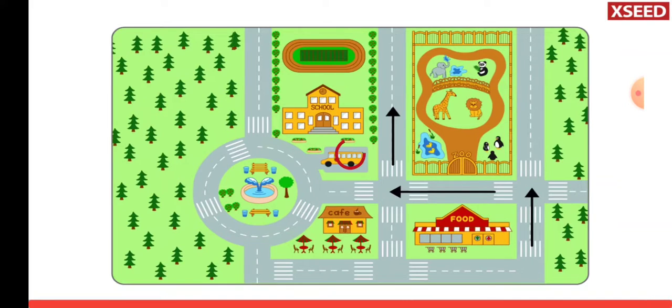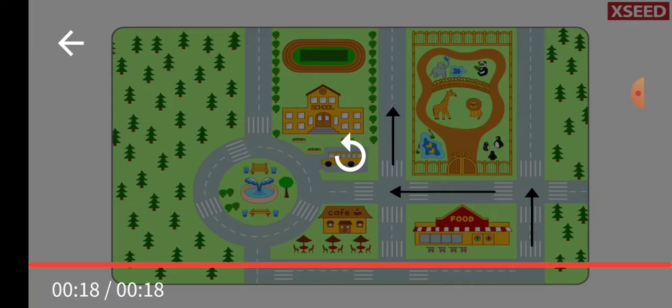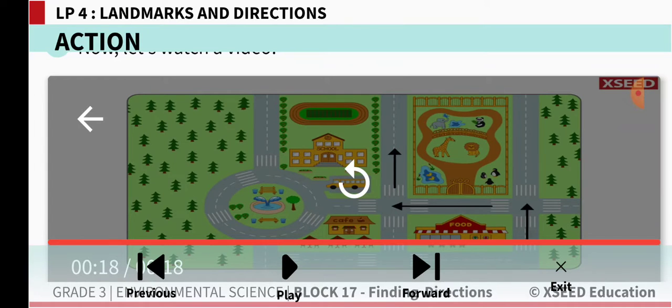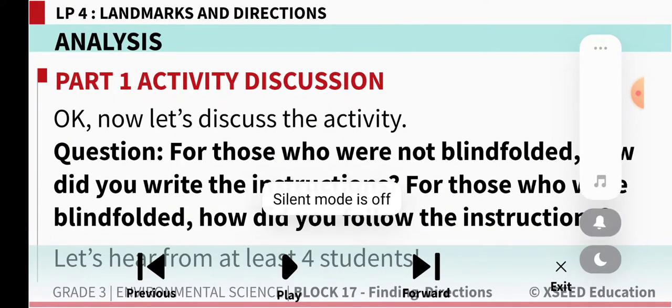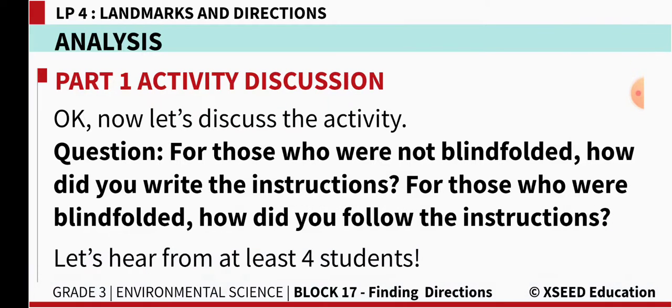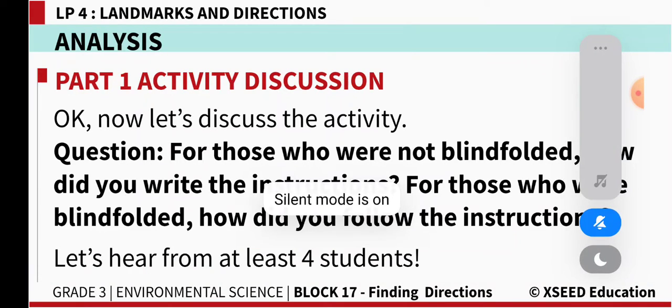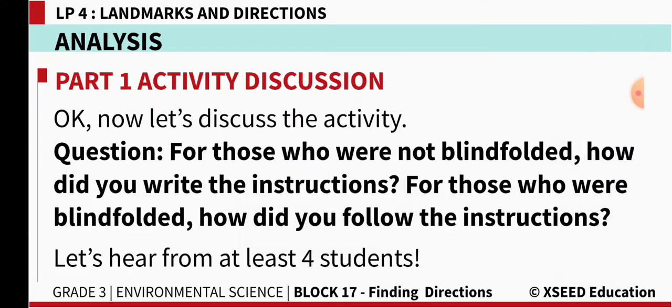So here in this video, we took the food court and the zoo park as the landmarks. Okay, we took them as the points and we changed our direction to find the school. Right? So landmarks help us to find the direction. Okay, and this activity can be done when you come to school.